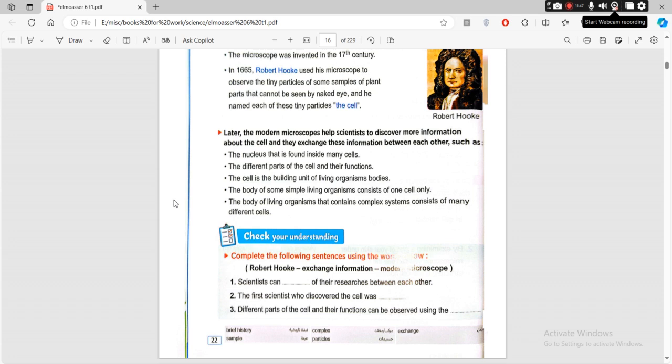We knew that there is another part inside the cell that's called the nucleus, and it exists in most cells. We also learned that different parts inside the cell have different functions. Well, we also found that the cell is the building unit of all living organisms,